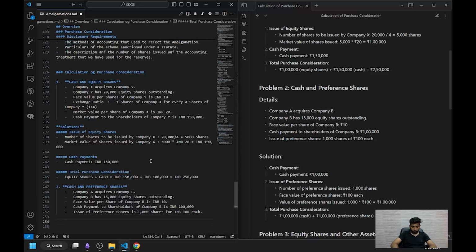Let us just carry on to the solution. Basically, we have been given the same basics: company A has acquired company B. Company B has 15,000 equity shares outstanding. Face value per share is rupees 10. That makes it rupees 1,50,000. Cash payment has been done of rupees 1 lakh, and the remaining is preference shares, 1,000 shares for rupees 100 each. So, moving ahead to the solution,